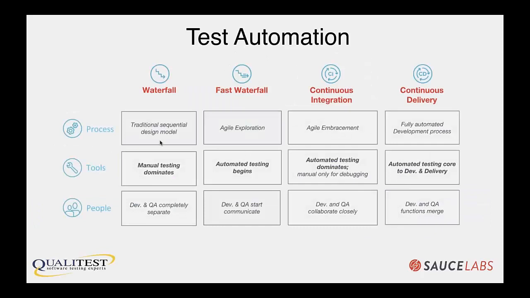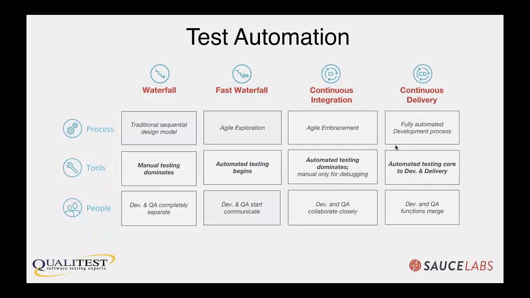So this is basically everything that Gerie has covered in the previous slides. We were all here in a previous model, the waterfall model, where most things were manual. Our dev and QA were completely separate, and we were working in isolated environments. Today, many companies are trying to move towards this goal of continuous delivery, which is about delivering our product to the production environment on a regular basis, right?